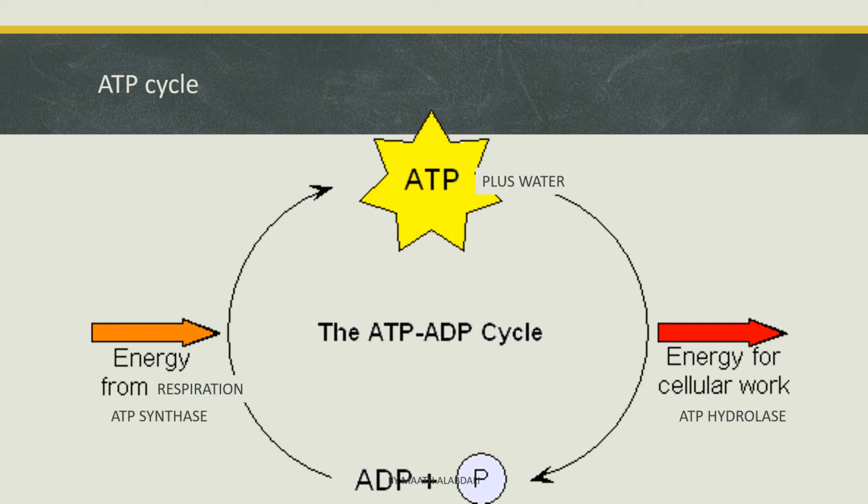Okay, so this is the ATP cycle. ATP plus water gives us ADP and a phosphate group, and this is done by an enzyme called ATP hydrolase, and energy is released for the use of the cells, which is cellular work. And when energy is supplied from respiration, ADP and phosphate will form ATP